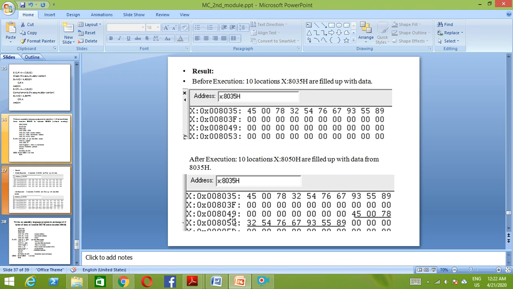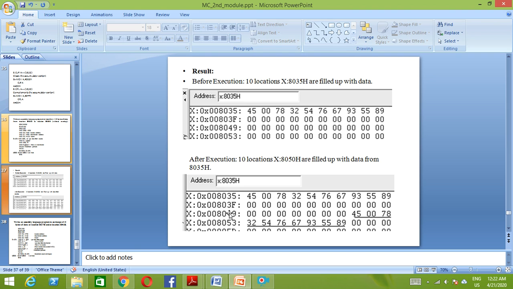From this location we are going to have copied all the values, that is 45 to 89. So here we have 49, this is the 49 location, then after this 49 we have 4A, 4B, 4C, 4D, 4E and 4F. So this is the 50th location, that's why it is copied from this. Okay, so this is how it is going to work, right?